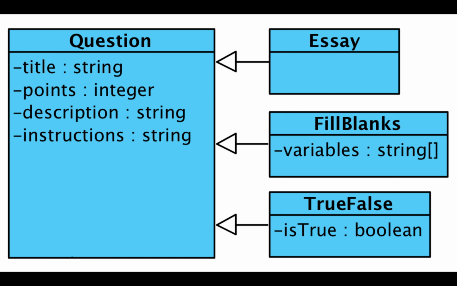But what that means is that if I insert a question, say a true-false question, notice that I need to do 2 inserts. I'll need to insert the is-true value into the true-false table, whereas the title, the points, the description, and the instructions I will need to insert in a different table, the question table. Make sense? And somehow I would need to specify that half of the information is in one table and half of the other information is in the other table, meaning that when I want to reconstruct the question because I need to render it in the quiz,